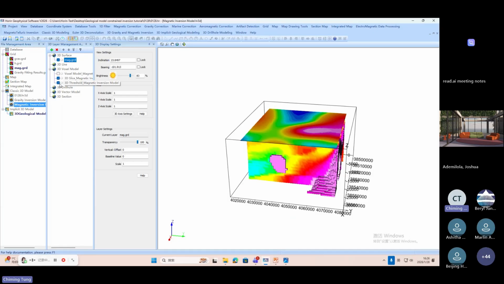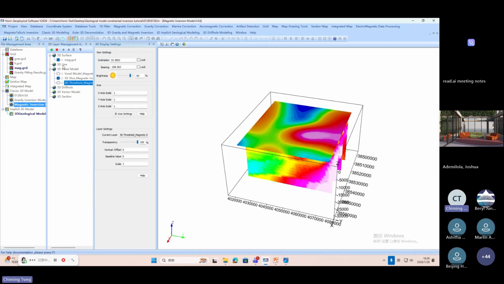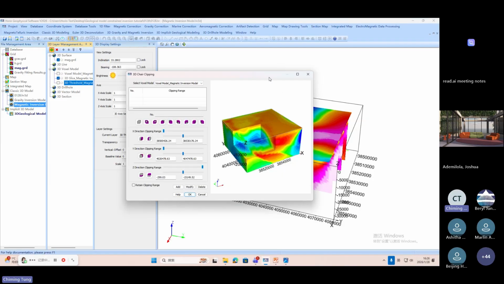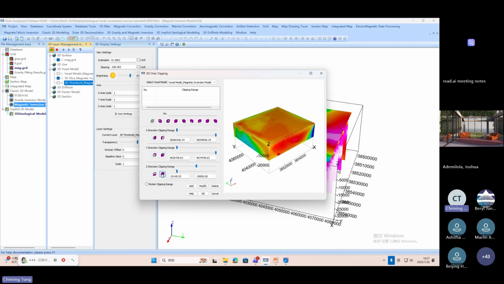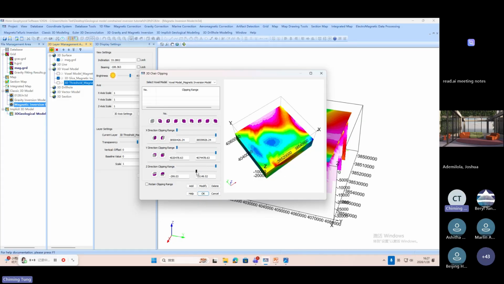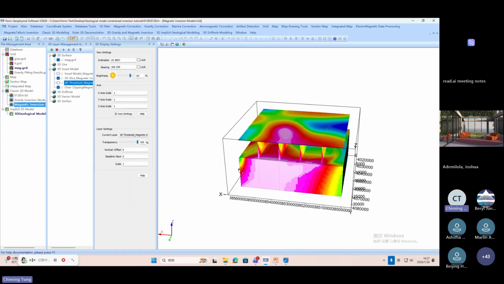And we just close it. And the next one is chair clipping. In the chair clipping function, you can manually define where you want to clip and show the structures of any part you want to show, or you can use this to show the different parts, and the Y and the Z, show different parts, and you can manually choose which you want to show. Click OK, and